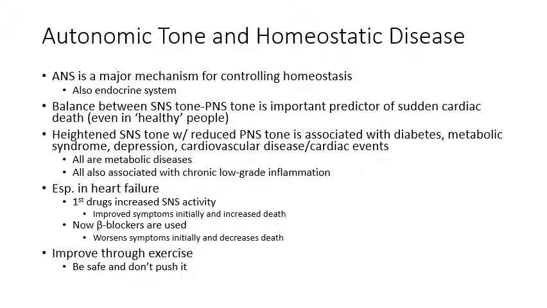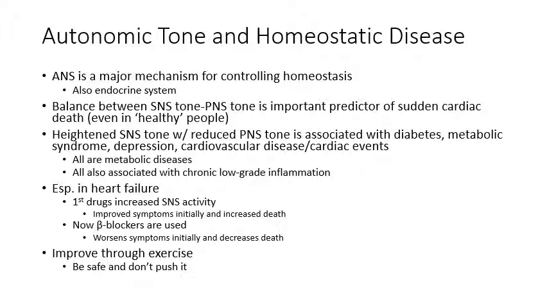And it's difficult to predict those types of events, especially in an otherwise healthy person. But one way that you can predict that the risk is higher for that type of event is if a person has a higher SNS tone than what is healthy. That imbalance between the SNS tone and PNS tone, where you have a heightened SNS tone, is also associated with homeostatic diseases like diabetes, metabolic syndrome, depression, and cardiovascular diseases, such as heart failure. For all of these homeostatic diseases, we're generally not 100% sure what causes them or exactly how they develop, or how to treat them,